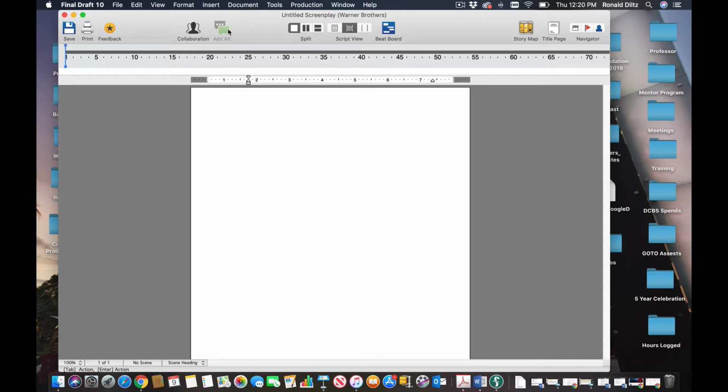Now this tool here, to add an alt, I'm unfamiliar with what that does at the moment. Oh, add an alternate dialog. Okay, so there you go. All right, so this is a new tool that wasn't in 9. So yeah, this allows you to alternate